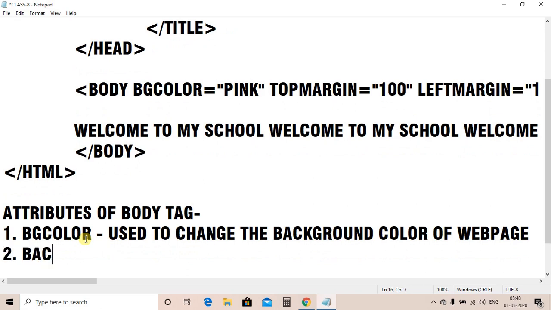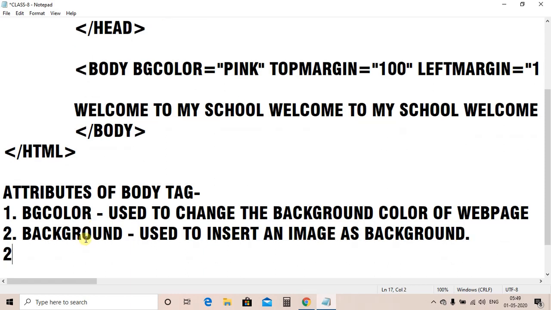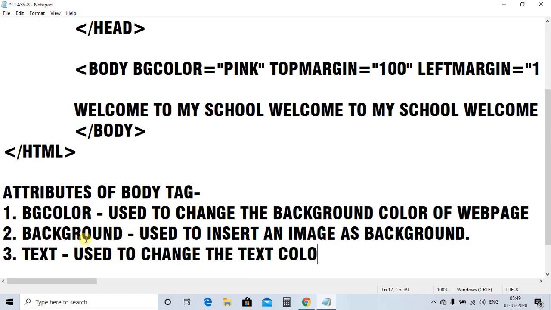Second is background, used to insert an image as background. Third one, the attribute name is text, used to change the text color of the web page.